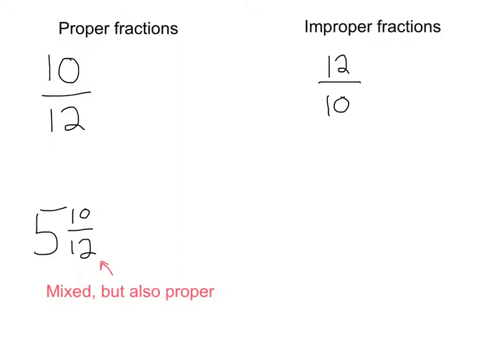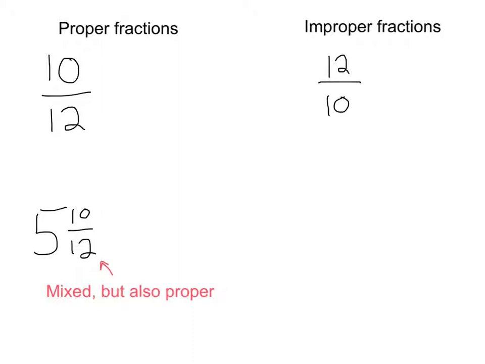Both of those are how we're going to see how we reduce those proper fractions. And then we'll take a look at the improper here in just a second. But with proper fractions, what I want to do is look at both that top number and the bottom number. We need to think of factors of those two numbers, meaning what can I divide both 10